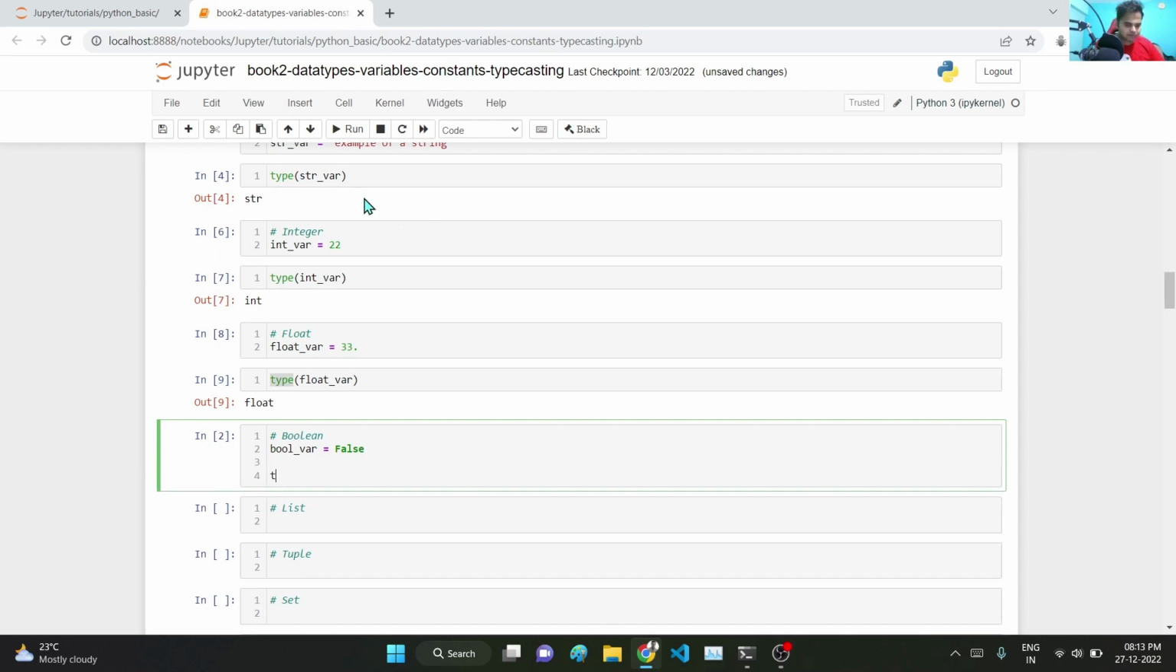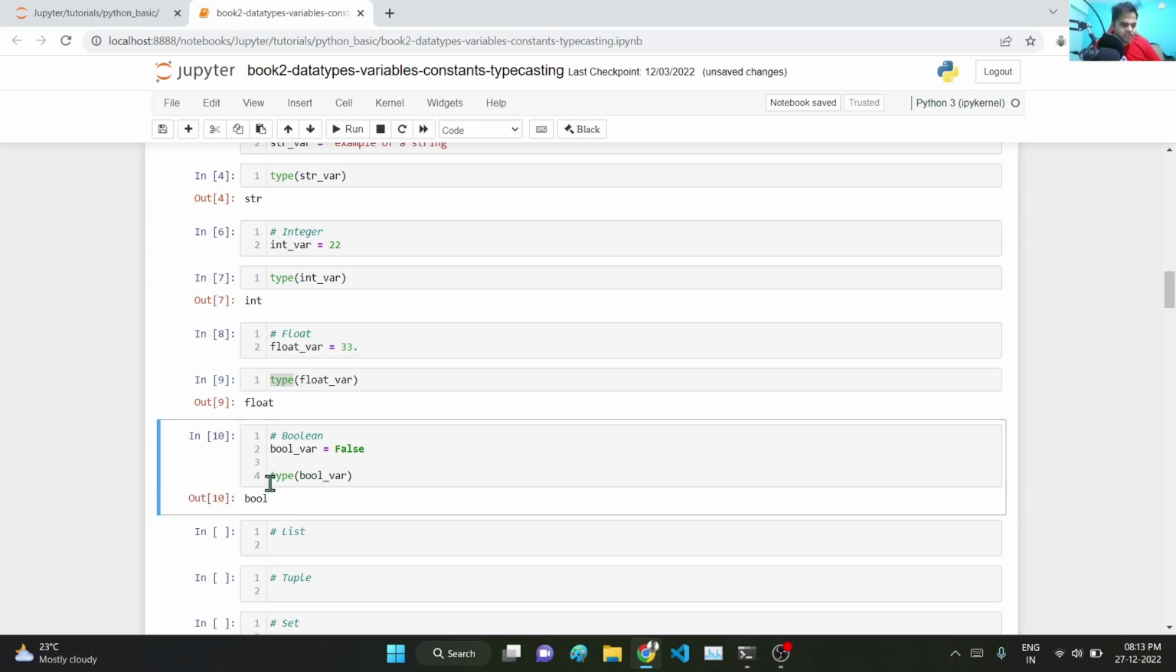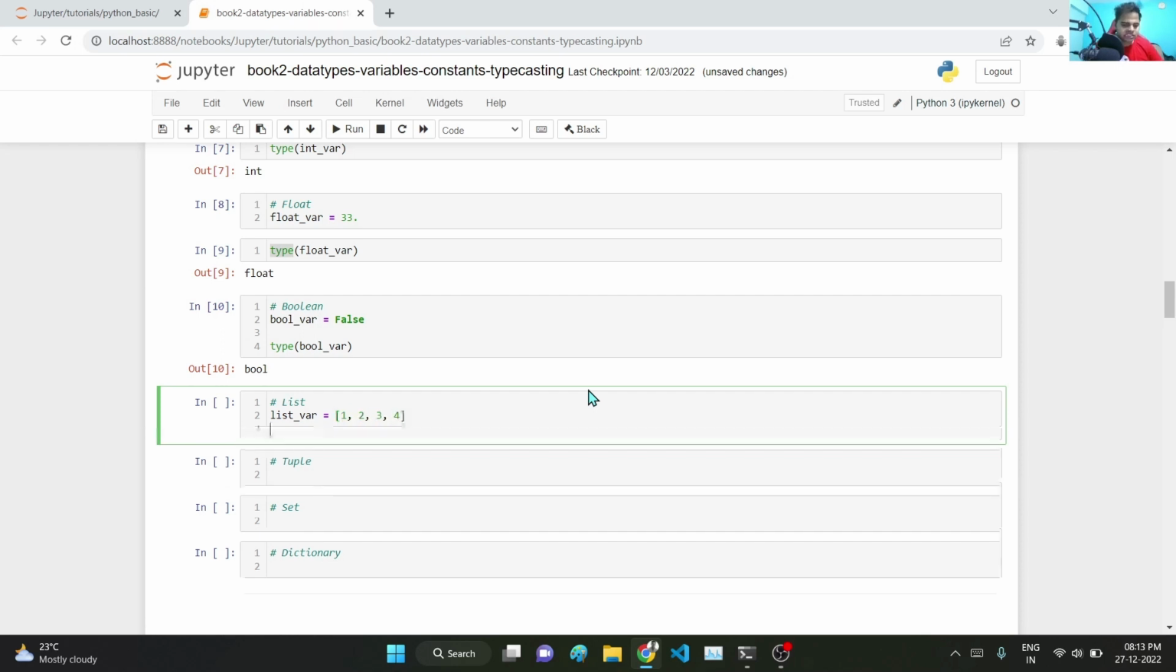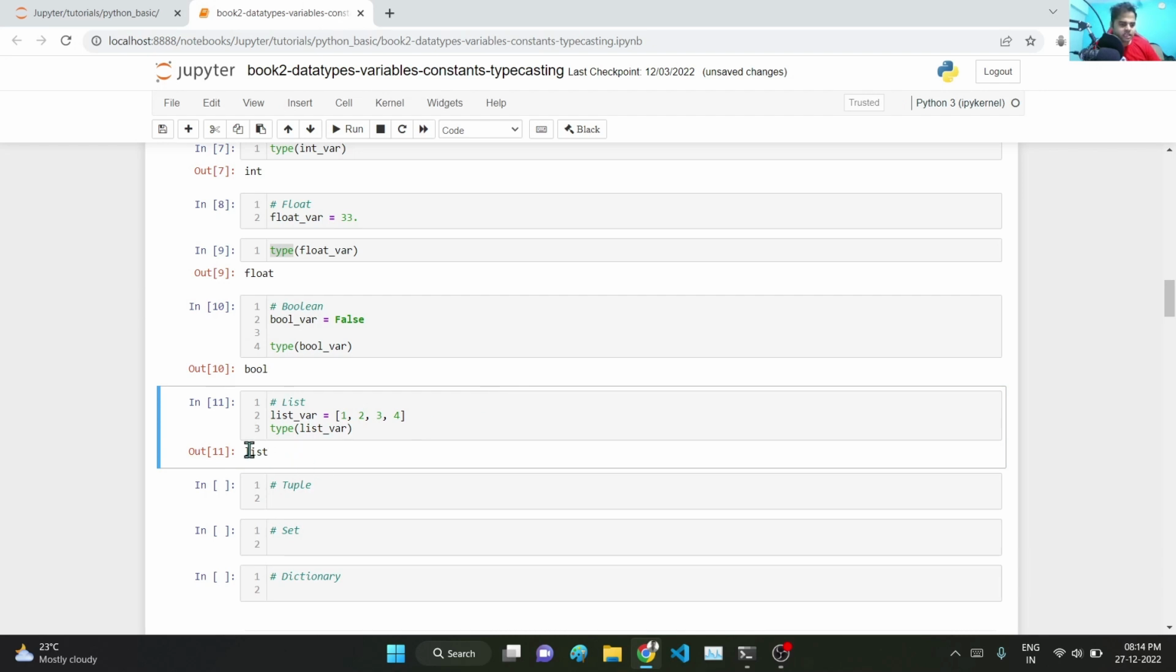And if I want to see the type, I will pass in type of bool var. It is telling me the data type is bool. Next one is the list. I will pass in the variable as list var, and it can be 1 2 3 4. This is a list of integers, and if I type in the type of list var, it will tell me it is a list. Same for tuple